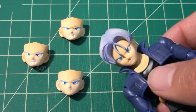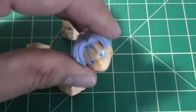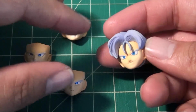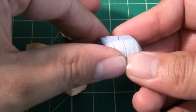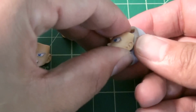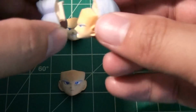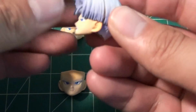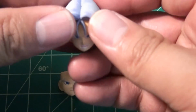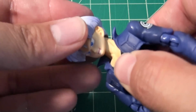The figure includes extra interchangeable face expressions that you can swap off for the normal state. And what I find to be easiest is to take the head off the body first, and you can really get more control and swap out the parts easier. So first take off the front piece of the hair, take off the existing face part, pick a different one, pop it in, and then put that front piece back on. Make sure it's nice and snug so there's no weird gapping going on, and then pop this back onto the body,